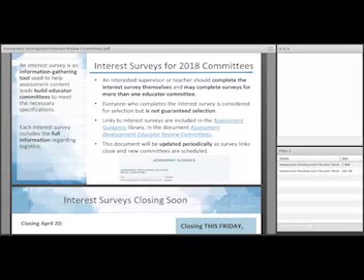Within each interest survey is more specific information about meeting dates and when to expect to hear responses and that sort of thing. You can access these interest surveys in the assessment guidance library. We have a document which I've also added to the download files box. They're both PDFs, and both titled exactly the same, but one is the presentation and one is the document with the interest survey links. I didn't think about that when I was naming them.